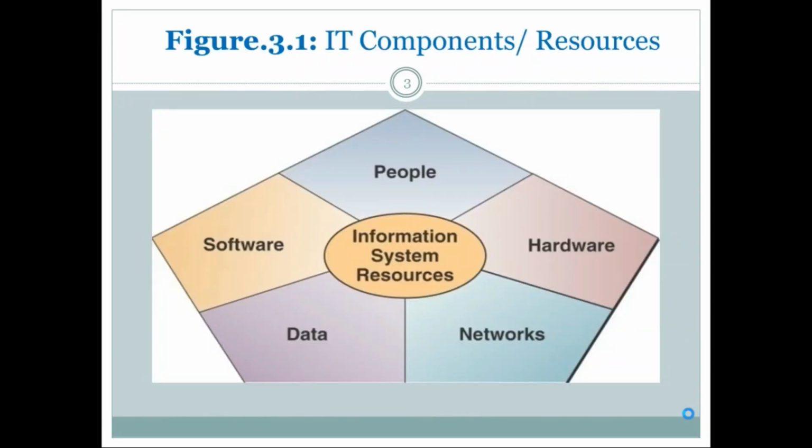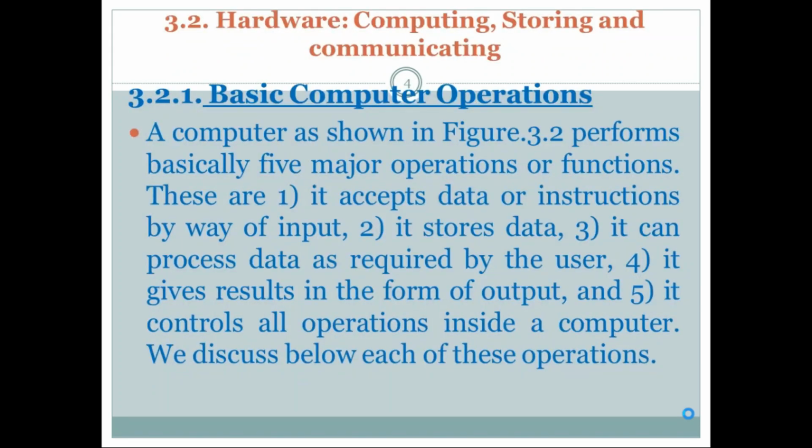So let me see the components of information technology, or resources. Those are software, people, data, networks, and hardware. These five components make up an information system, or information technology. Hardware: